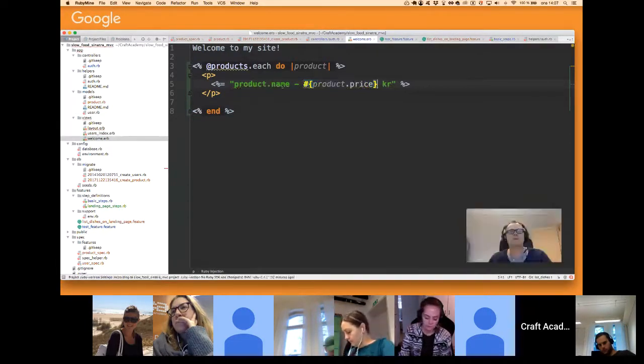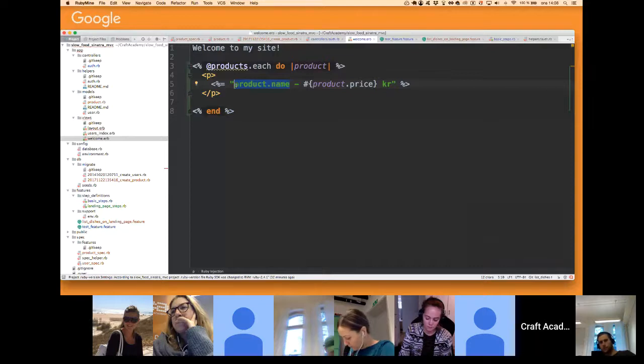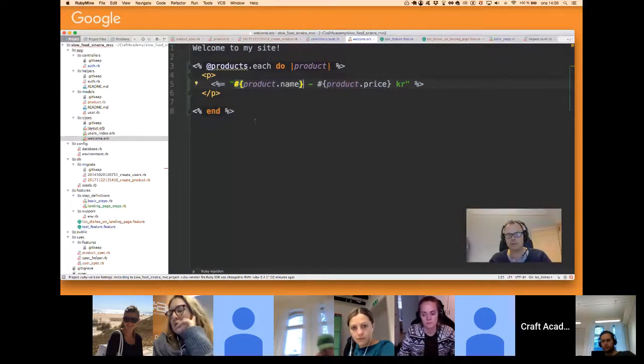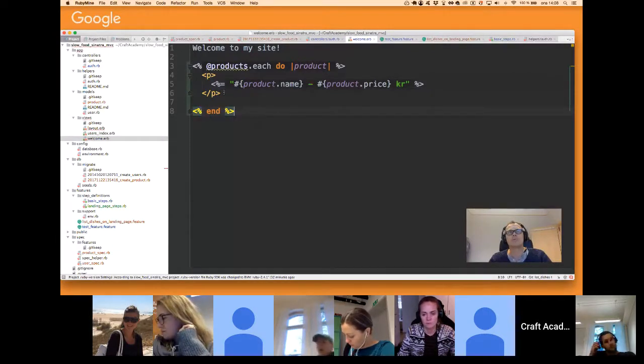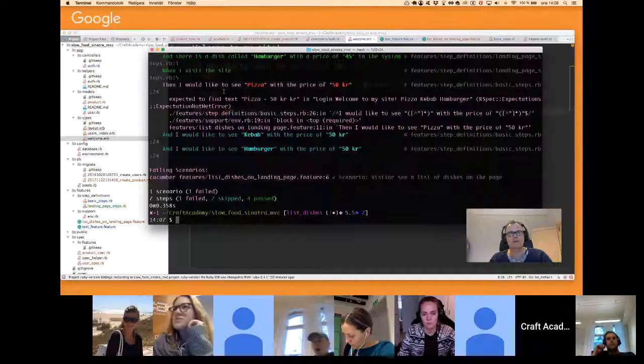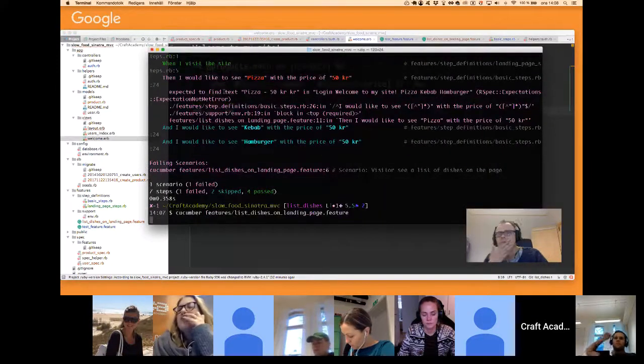We just string interpolate this. The way I'm doing this, I'm just selecting the text and pressing the hash sign, shift 3, and that automatically adds the curly brackets for me. So hopefully, if I run this now,